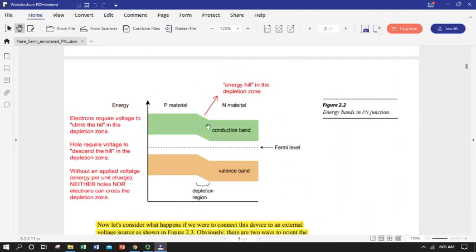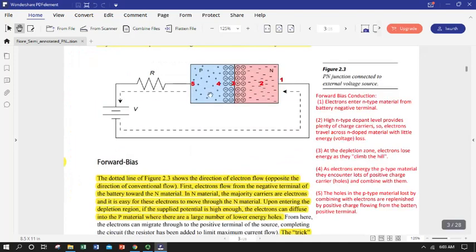They're going to lose energy because they have to heave themselves up this big hill that is caused by those bent energy bands, or this fixed charge at the interface, and that's what's happening in region 3. We still have plenty of them coming across, but they're going to lose energy. They're going to be less zippy as they get across this. Very analogous to what happens to electrons flowing through a resistor. Their energy drops as they go through the resistor. So these electrons coming from the N material, originally from the battery, lose energy because they had to climb the